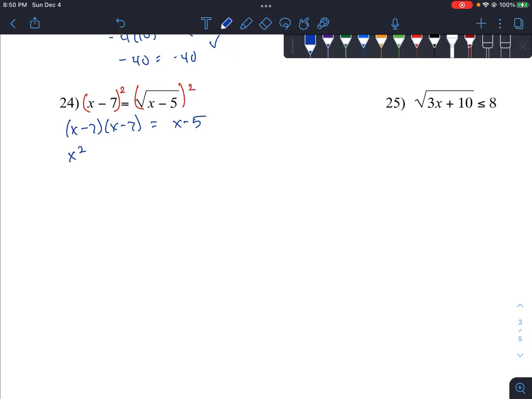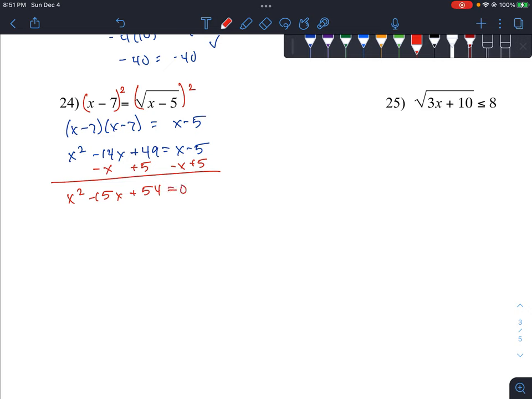So this is going to turn into x squared minus 14x, because that's minus 7x, and then -7 times -7 is positive 49. It's equal to x minus 5. Now it is a quadratic, so I'm going to move these terms over here and see if it's factorable, or you might have to use the quadratic formula, but let's see what we get. So let's subtract an x, and add a 5, add a 5. Okay, so then I get x squared minus 15x, and that's going to be plus